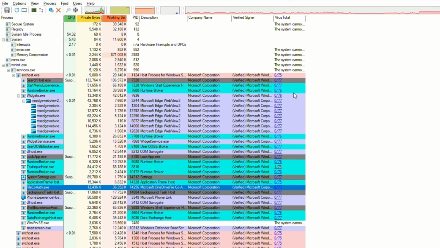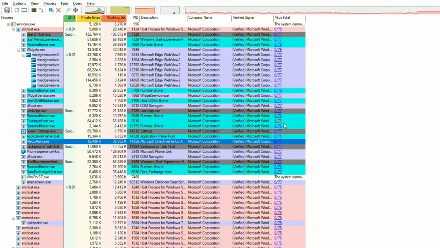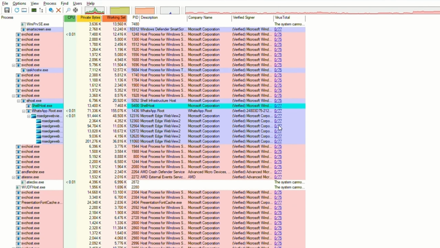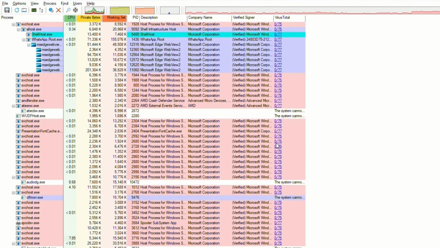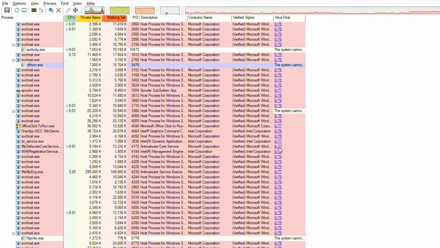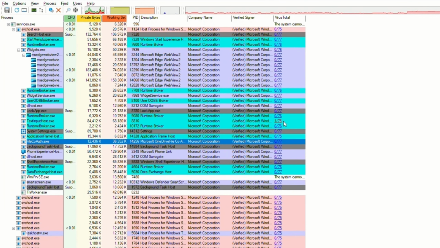Process Explorer sends the hash, the unique digital fingerprint, of every running executable to VirusTotal and returns the score. You'll see numbers like 0 out of 70, meaning 0 out of 70 engines flagged it. That's good. If you see 1 out of 70, it might be a false positive. But if you see red numbers, 5 out of 70, 20 out of 70, or higher, that process is almost